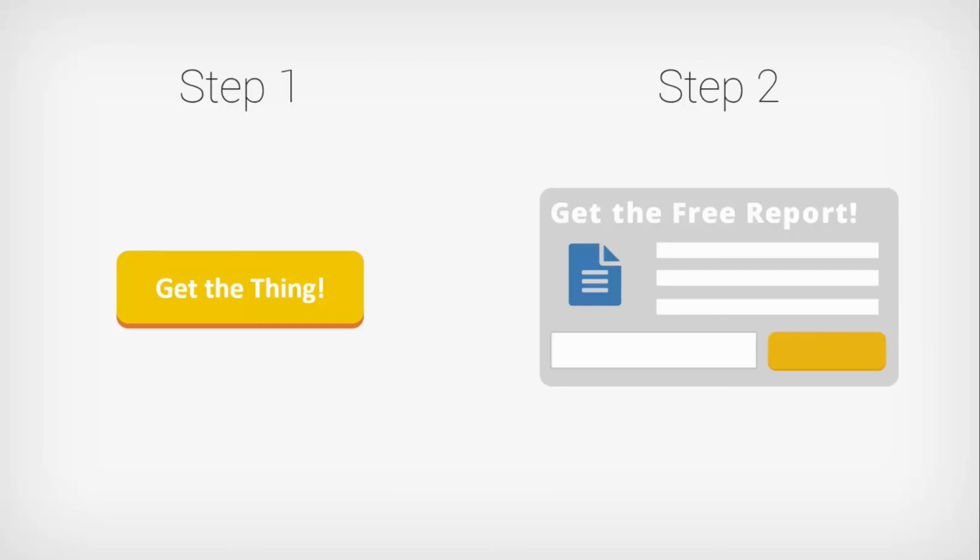Because if you show someone an opt-in form right away, potentially the first thing they think is, I don't want to give you my email address. And so they leave. But if you just say, hey, click here to get this cool thing, and they say, yes, I want this thing, and then you say, well, to get the thing, you have to give me your email address, the commitment bias makes people go, okay, well, I already admitted that I want this thing. I'm already halfway there. Now all I have to do is sign up to get it. All right. So it is a clever thing.